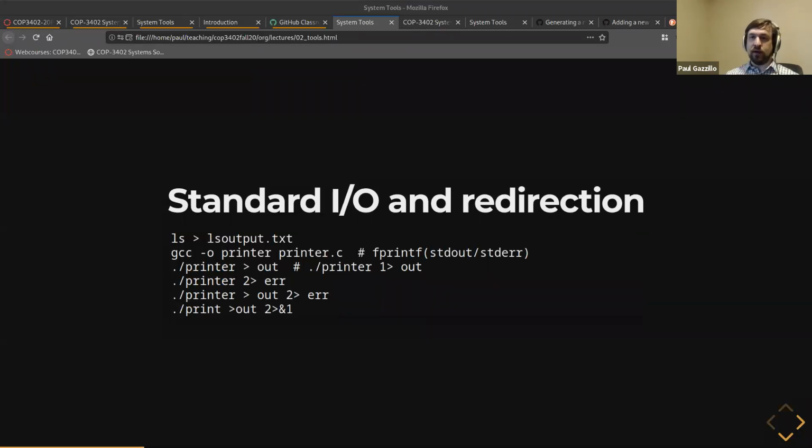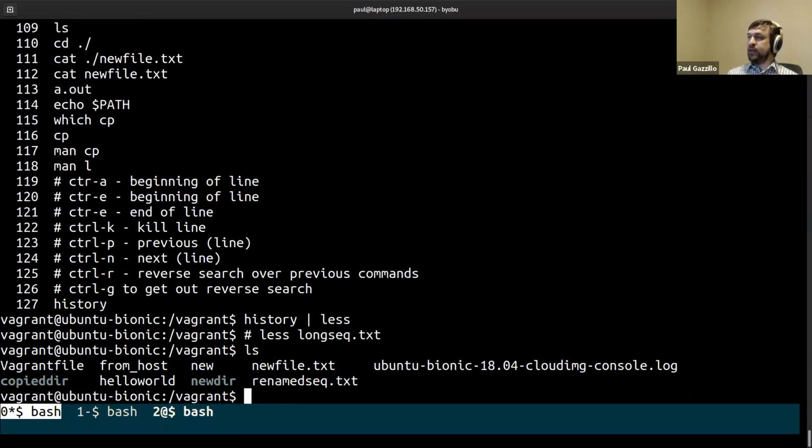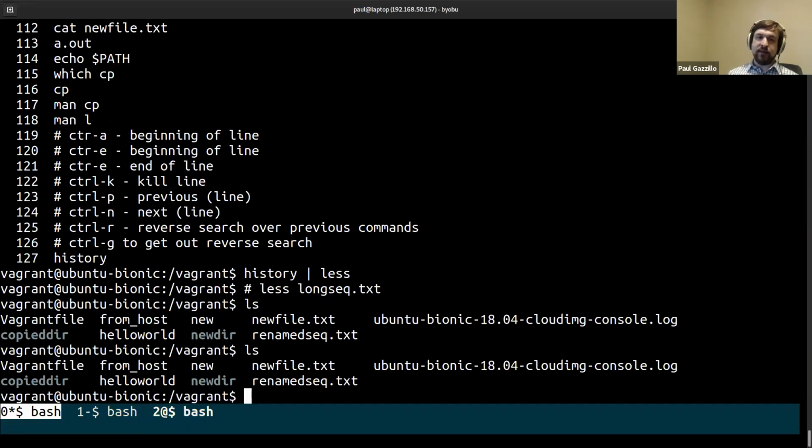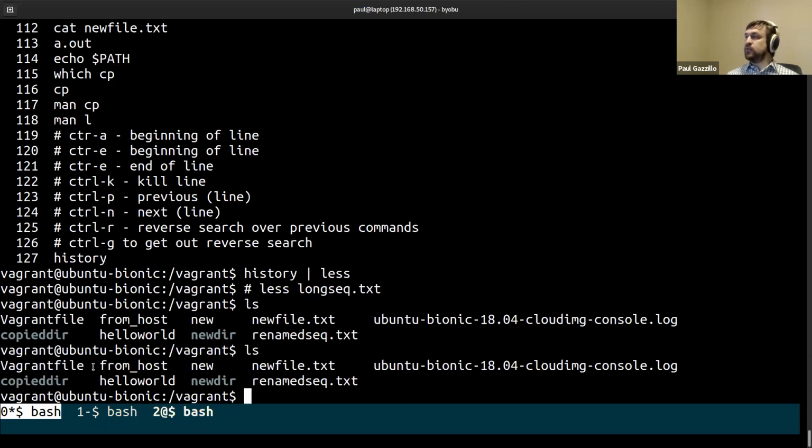And so a program like ls also has three files created when it starts running, the input file and the two output files. ls doesn't take any input, as far as I understand, but its output by default, when we're running things on the command line, gets printed to the console, to the shell. So the reason that when I type ls we see this printed to our screen is that ls is actually writing to a file, and that file happens to be our shell. If we use this greater than sign,